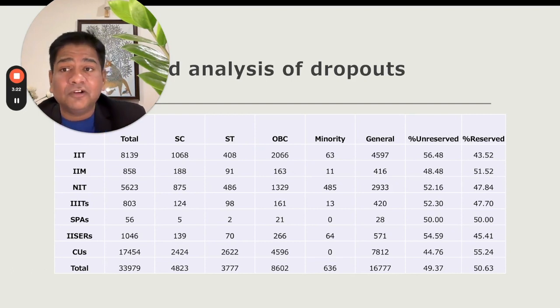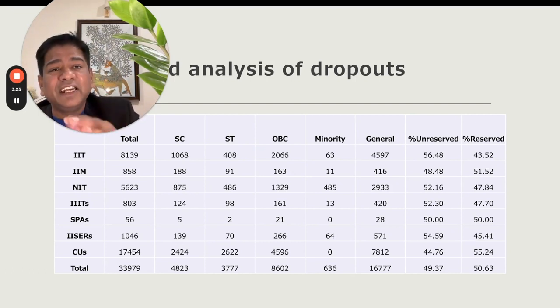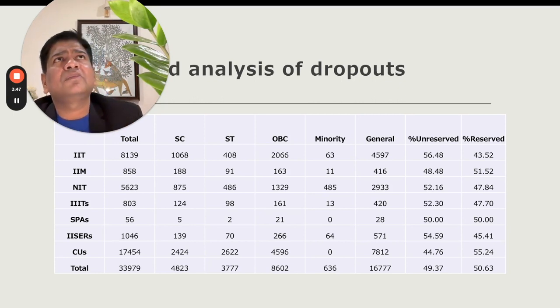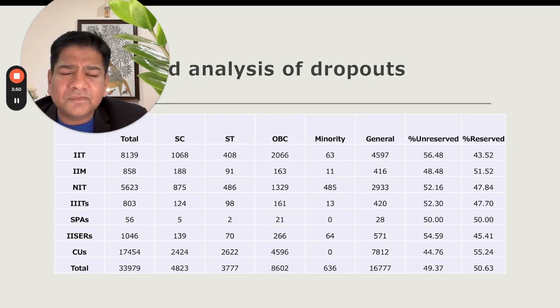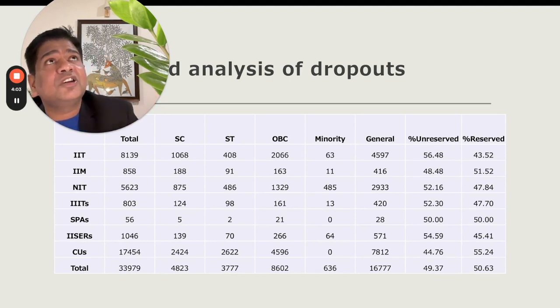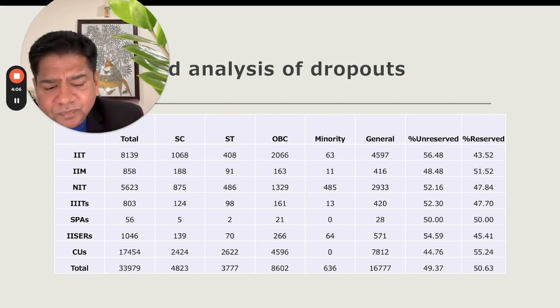But I have to tell you that there are many cases of caste discrimination leading to dropouts, but that requires a deeper investigation. Right now we don't have any data to analyze what percentage of dropouts is because of that factor alone. Now, consider this: why are the general merit students dropping out? Is there not a mismatch effect there? Did we not take students from the general category who were mismatched to the institutions? Because the dropout is the same. If we assume the logic that SC, ST, OBCs were a mismatch and that is why the dropout is happening, then the general category were also a mismatch. So now this is where